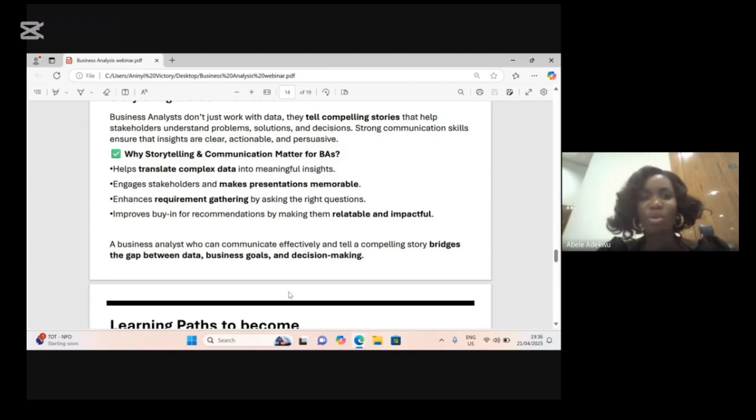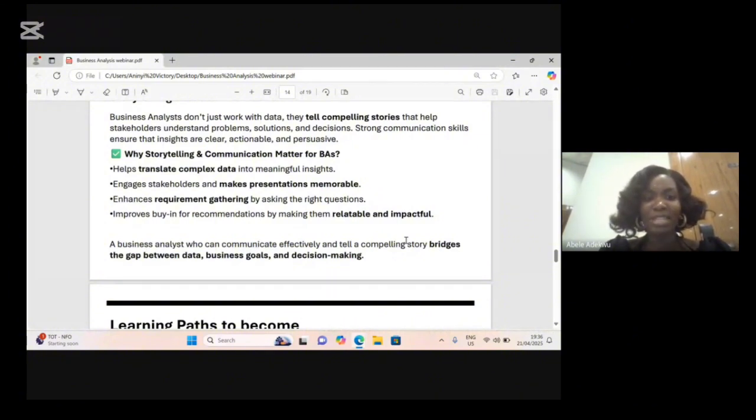Why is storytelling and communication important for BAs? It helps us to translate complex data into meaningful insight. It also engages the stakeholders and makes presentations very memorable because it's being broken down. It's not just complex data, it's broken down. So it makes everything more interesting and more easily understandable, even for non-technical teams. It also helps us to